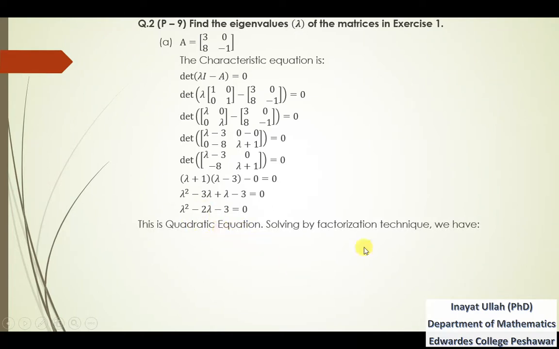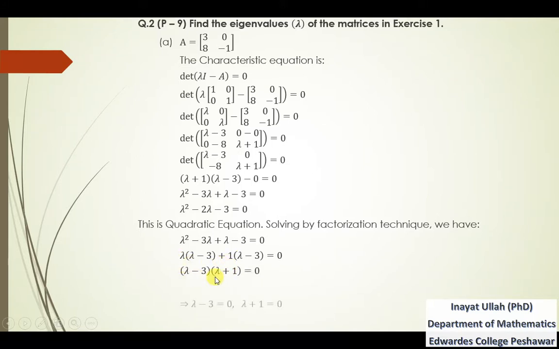Solving this equation by factorization, 3 ones are 3. So how could we factorize 3 ones are 3? So we write minus 2 lambda as minus 3 lambda plus lambda, minus 3. Now taking lambda common from these two, so that is lambda minus 3, and taking plus 1 common from here, we'll get this equation. Lambda minus 3 is common in these two, so lambda minus 3 into lambda plus 1,